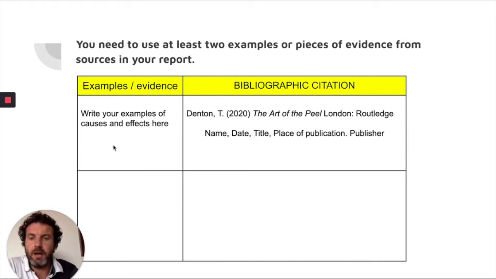So when you're writing your outline, I'd like you to say, what are the examples of your causes and effects here? Or what is the evidence here that you would like to talk about? And then we would like you to give a bibliographic citation. So if you remember, there are 5 pieces of information we would like. We would like the name, date, title, place of publication, and then the name of the publisher. So here I've given you an example of what a